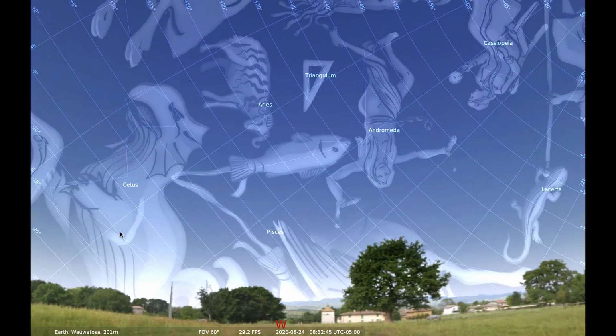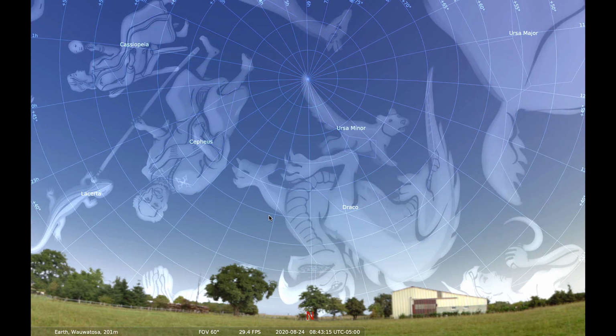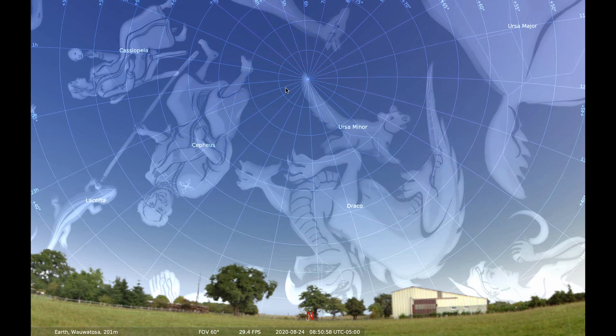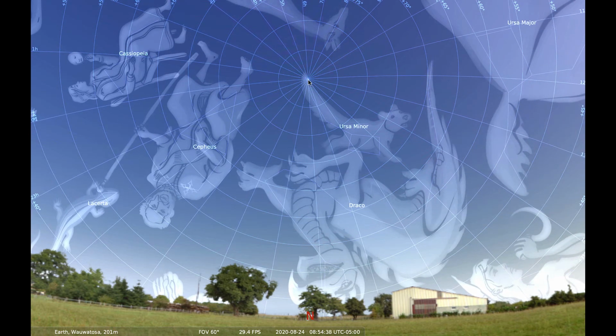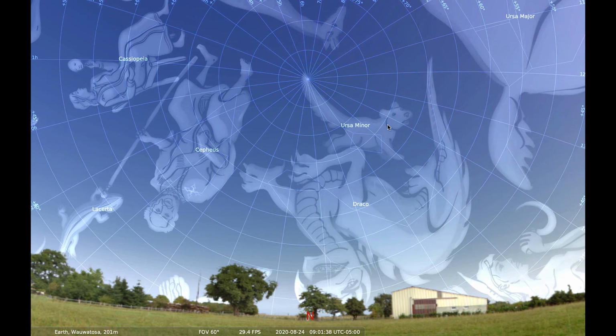Okay, let's look toward the northern part of the sky. We haven't spent much time doing that. So let's look directly to the north. Notice here we're looking at this celestial grid as it's rotating about a particular point. What point is that? Well, that is Polaris, the North Star, which is the tip of the tail of the little bear